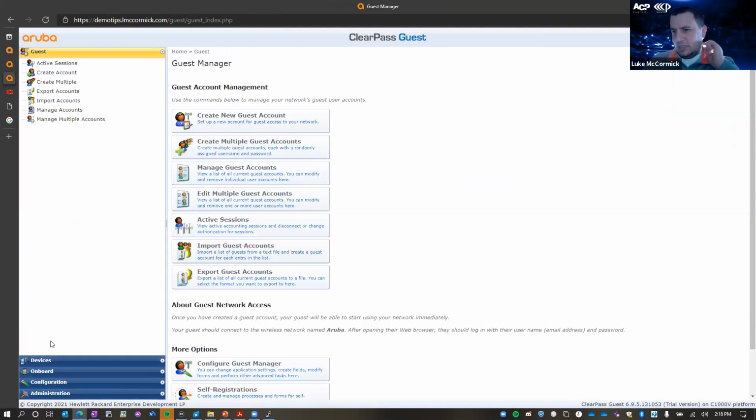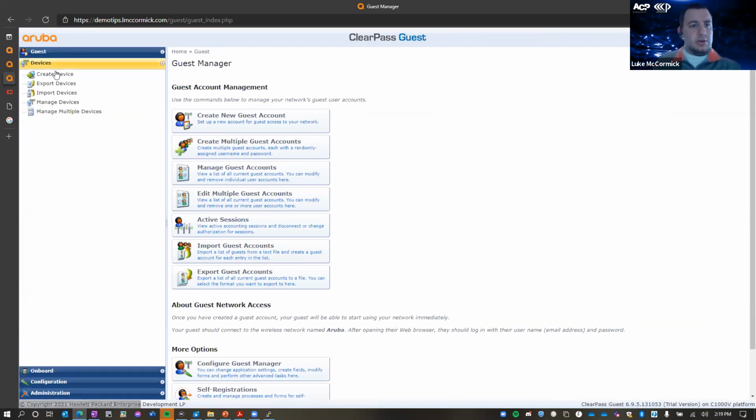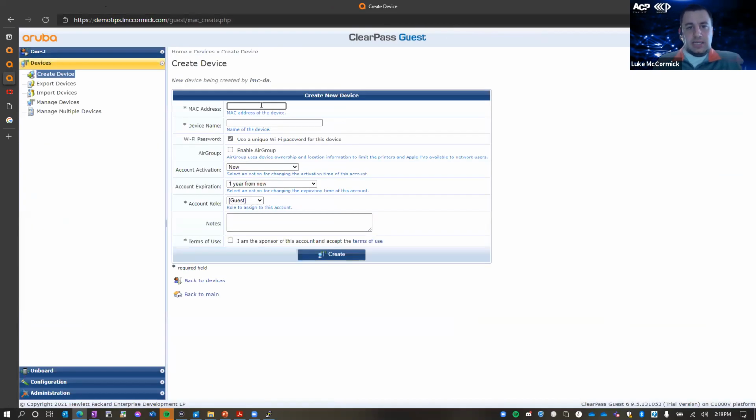ClearPass used to actually be two separate products that were purchased and have now kind of been molded into one platform, with some functionality integrated and added from both. So on the guest side, there's the idea of creating a device. This form is customizable, and you'll see there's a list of roles here. So I could say that I'm going to register an Aruba AP in here. And then I know that the access points with the MAC addresses that I've registered are the ones